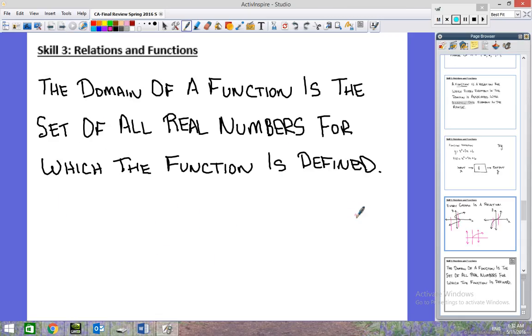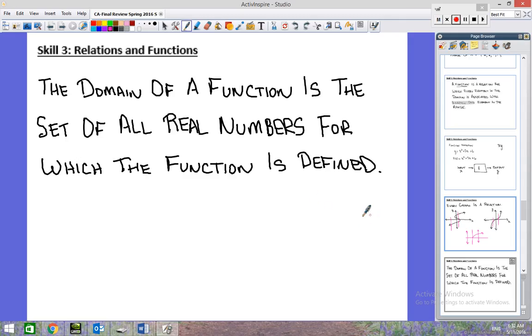The domain is something that we spent a considerable amount of time looking at. If you have the domain given an equation, or given a set of ordered pairs, where it's just writing down the x's, or a graph. So looking at the graph to find the domain, looking at an equation to find the domain, those are important things to understand. So the domain of a function is the set of all real numbers for which the function